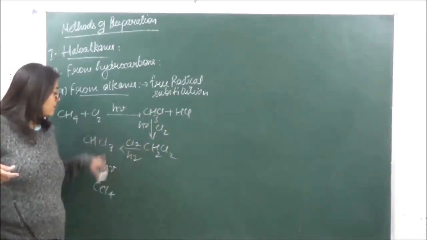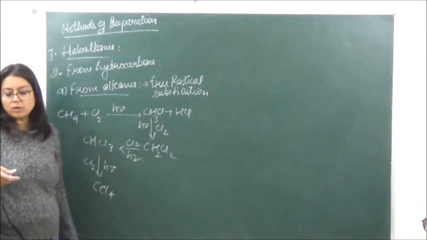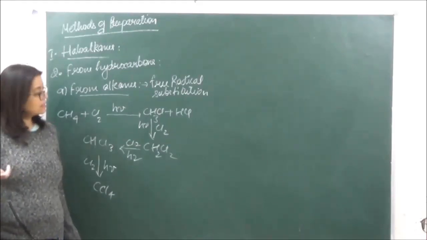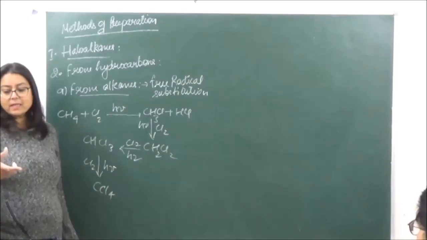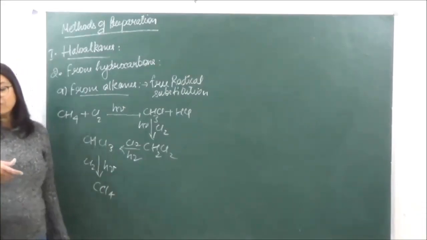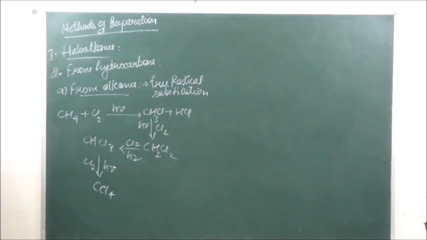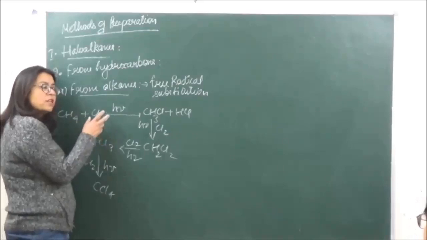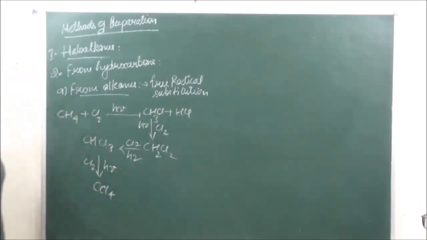Even if there are certain amounts of the rest of them present, that does not matter. Okay? Now when pure products are not required, then this process is going to be used. Okay? Now fluorination, we can do the chlorination, we can do the bromination, we can also do the iodination by this process, but fluorination cannot take place.